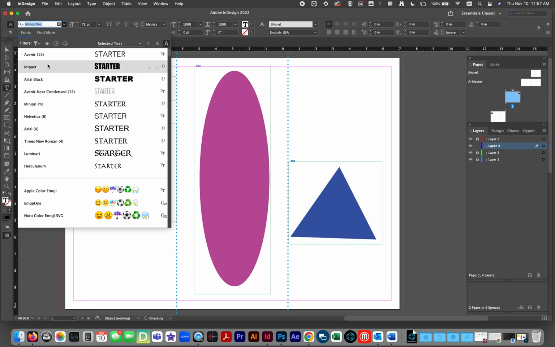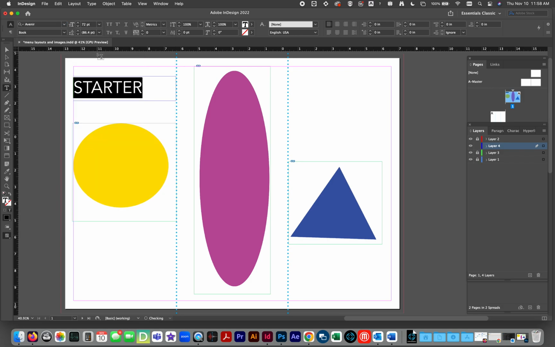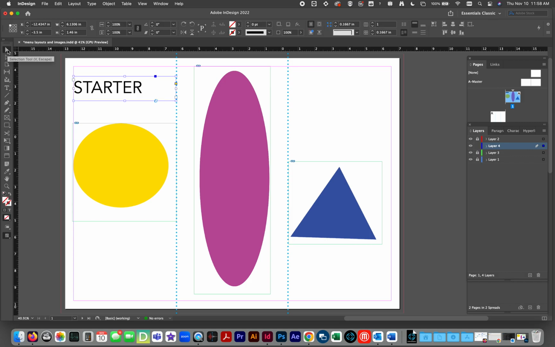One of my favorite go-tos if I'm trying to stay current, modern, and contemporary, which we will for this project, is Avenir. Very clean, very modern, very tasteful font. There it is. All caps. It is a title. It is black at the moment. We might change that. We don't need to worry about it when we start. But I tell you what we do need to worry about is where it goes and if it stays a